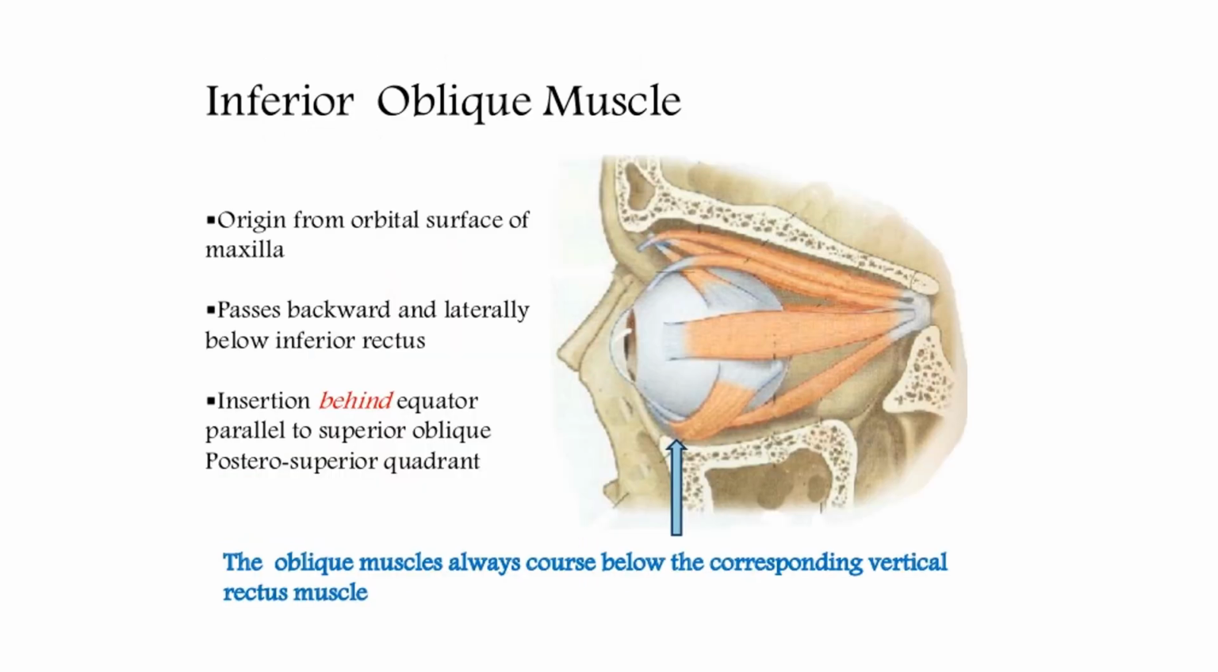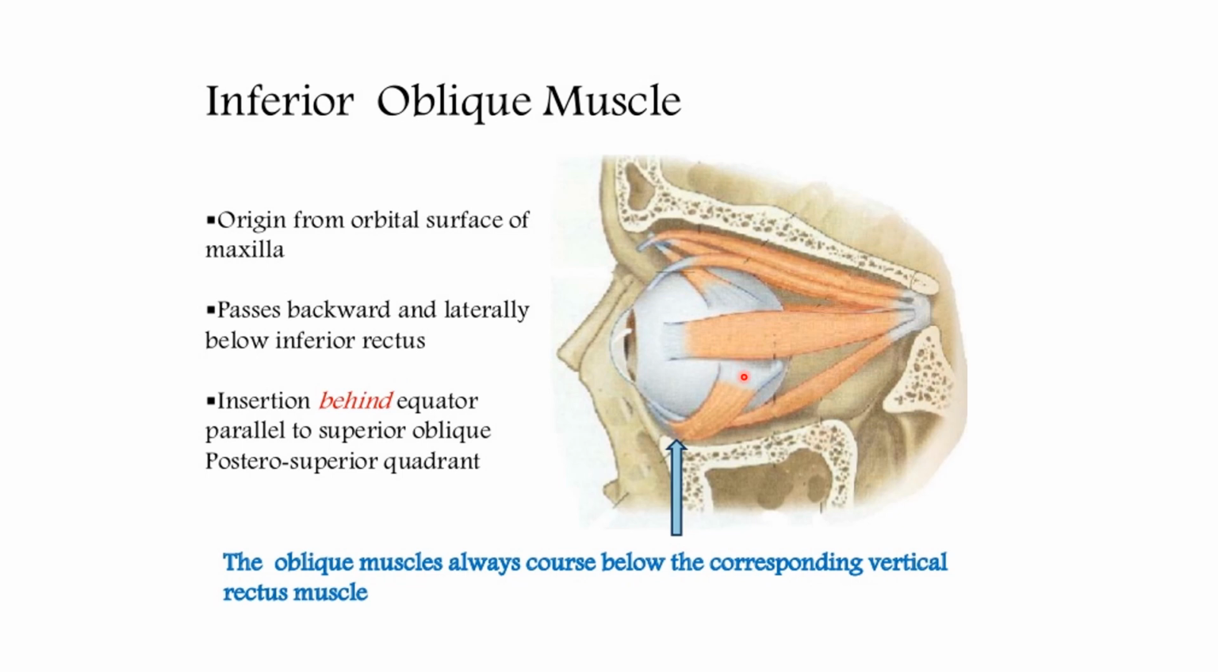Next is the inferior oblique muscle. Here, this is the inferior oblique. They have shown it with the arrow. This inferior oblique takes origin from the maxilla. So this is the maxilla bone. This is the orbital cavity and this is the maxilla bone. From the orbital surface of the maxilla, this inferior oblique takes its origin, passes backwards and laterally below the inferior